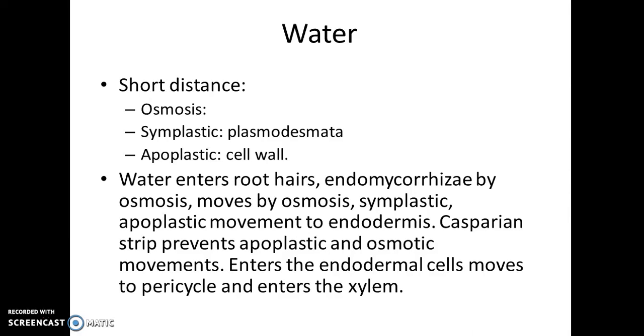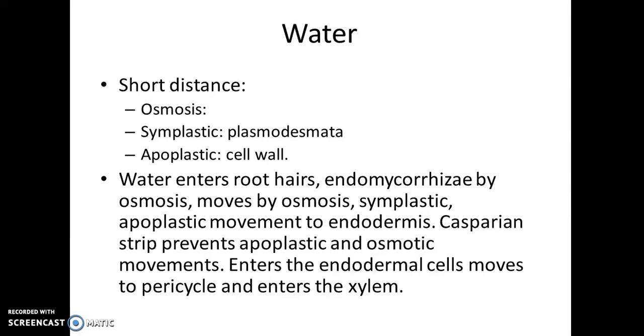Then it'll move by osmosis, symplastic or apoplastic movement to the endodermis. Now that's important because there's a Casparian strip that surrounds the endodermis. Remember that? It's that waxy layer, that suberin. Now, since water can't go through the suberin, the water is actually going to have to enter the plant cell